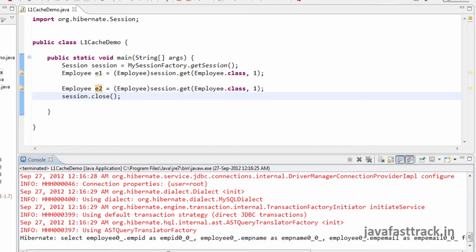There are two get calls. First time the call goes to the database, data is retrieved from the database. Now the data is available in the session.